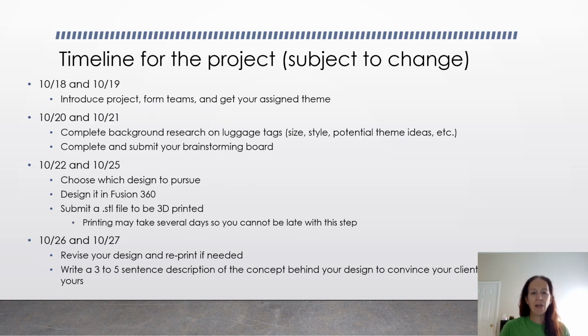And here's the timeline for the project. And again, if I'm using this video for a year other than 2021, 2022, we'll replace this with your due dates. But these are subject to change. You guys have been around the block enough to know that we have the best plans for everything, and stuff